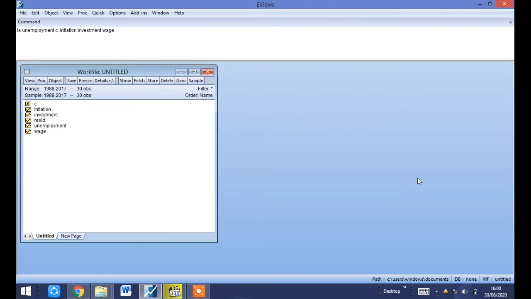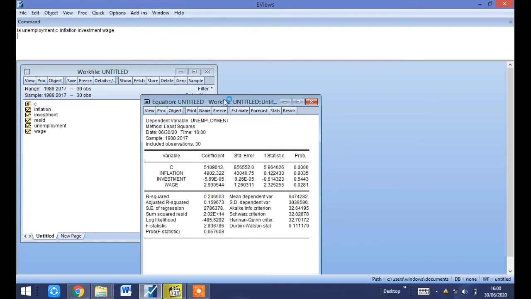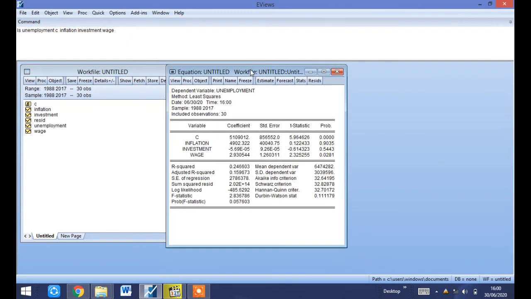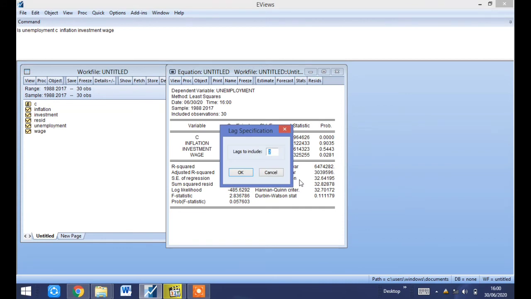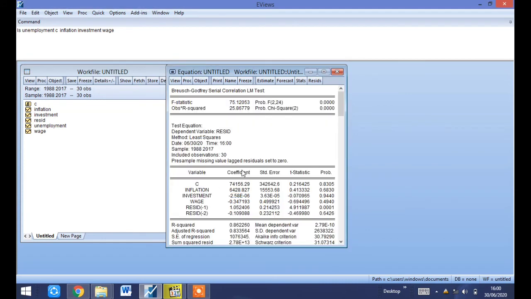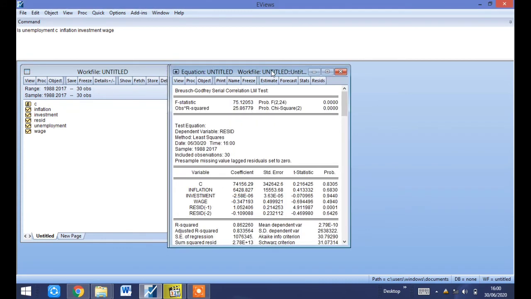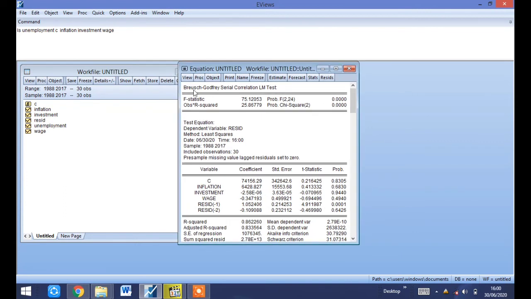The first steps, after entering the formula, click View, Residual Diagnostics, and choose Serial Correlation LM Test. Okay. So from here we can see the result of the Breusch-Godfrey serial correlation LM test.